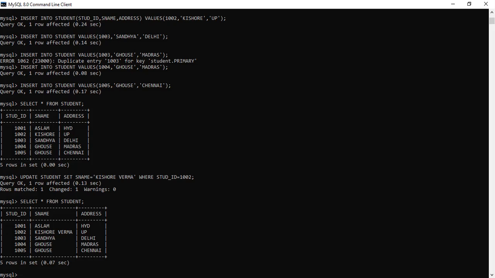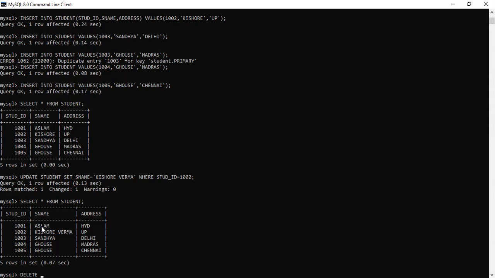Now I want to apply the complete updation, but I cannot do it in this table. I will apply it in the next table where I will show you that. Now suppose I want to delete any one of the records. Then I will be using the command called delete. The complete record, the complete row, will be deleted.